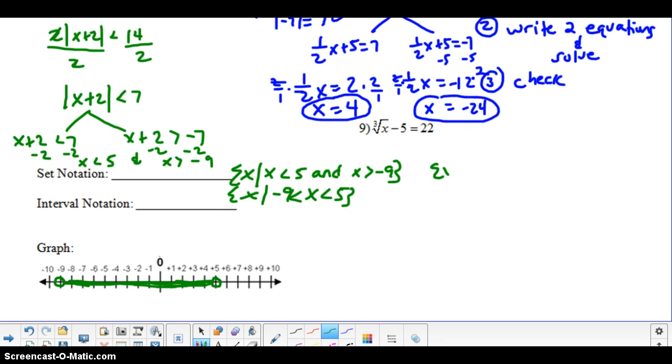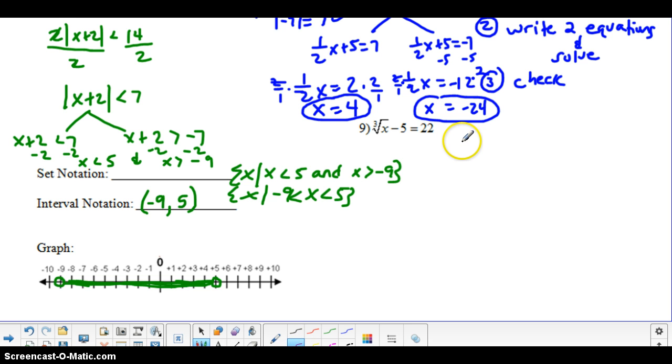Okay. Now for interval notation, we're just talking about the values on the graph. So it starts at negative 9 to 5, and they would be parentheses because it does not include negative 9 or 5. If this was solid and it was a less than or equal to, we would put brackets. But in this case, it doesn't include those two values, so it's all the numbers in between. All right, for number 9,